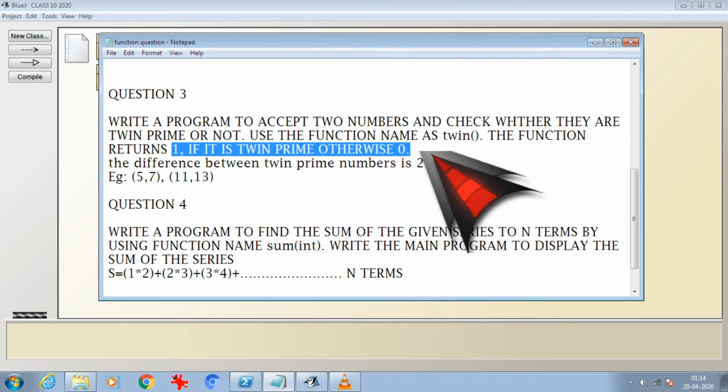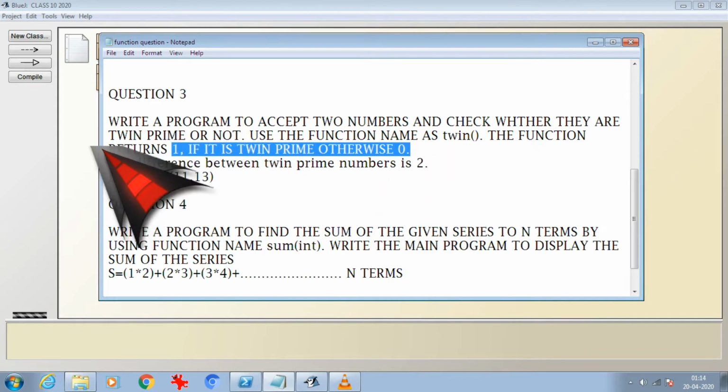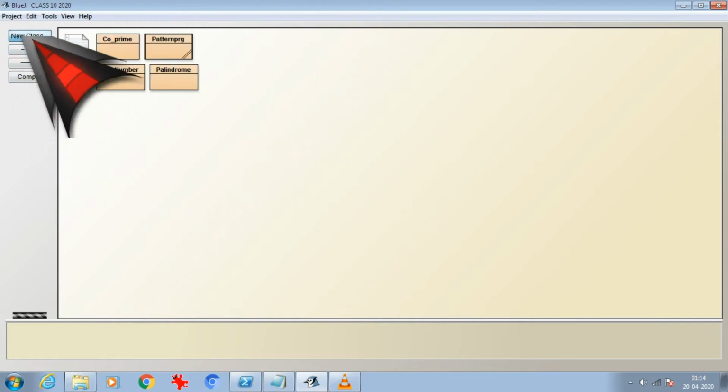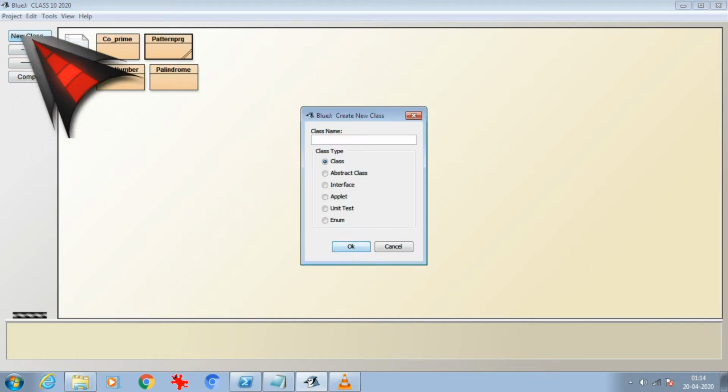So let's start the program. We will find how to solve it. It is a previous folder. Let's open a new class. I don't have a name twin prime, so I'm writing the whole name as TwinPrime to give my class name, because my method name is twin.